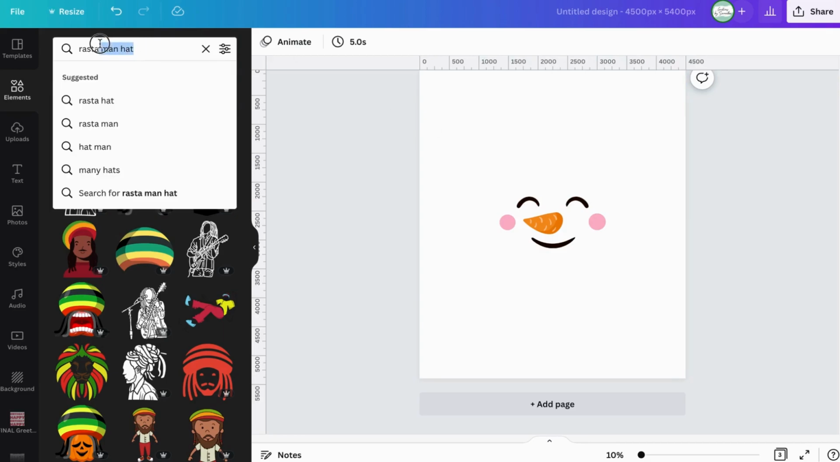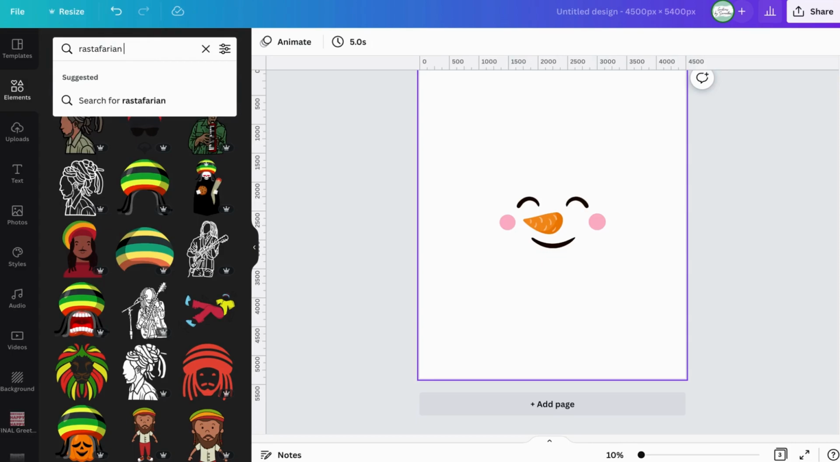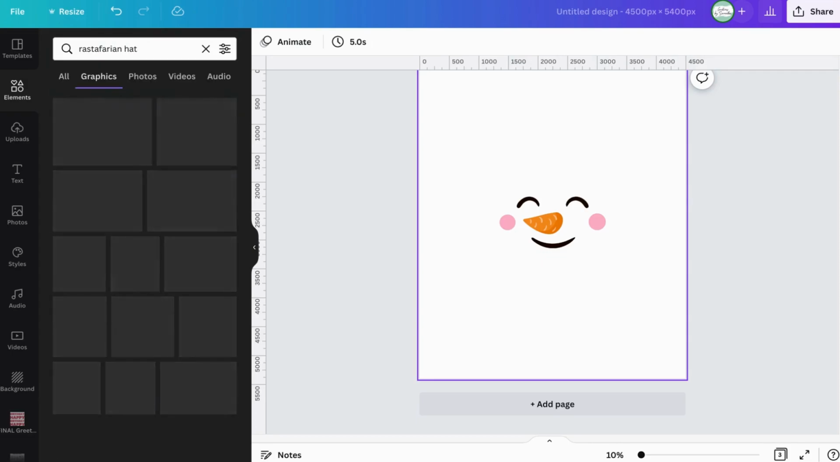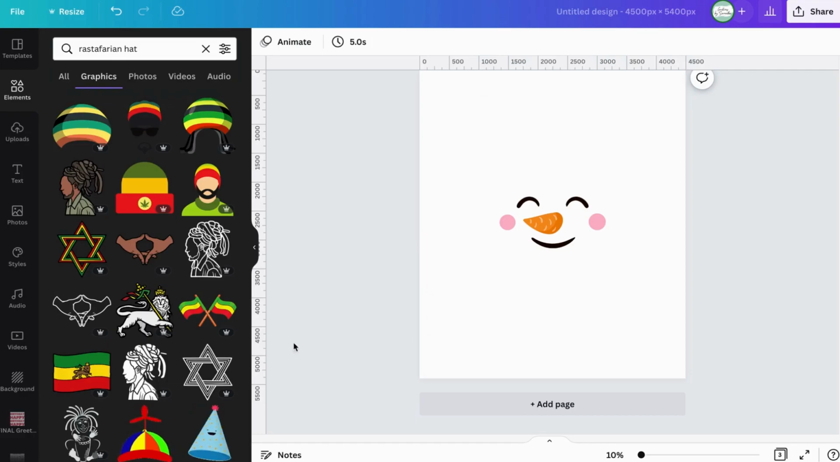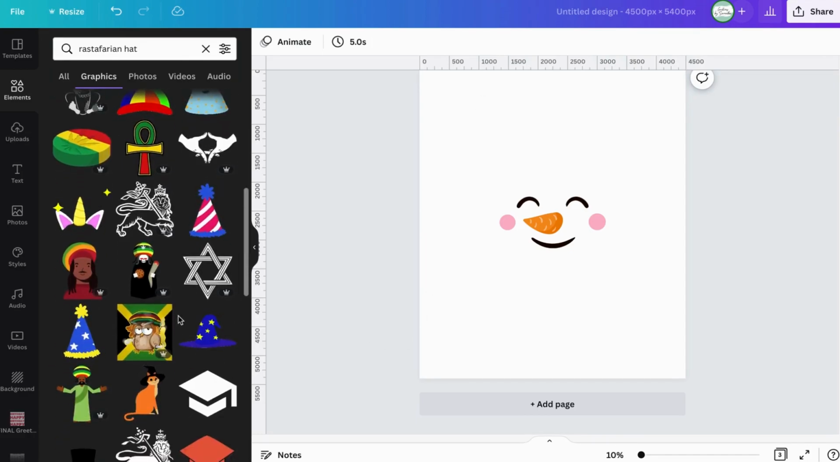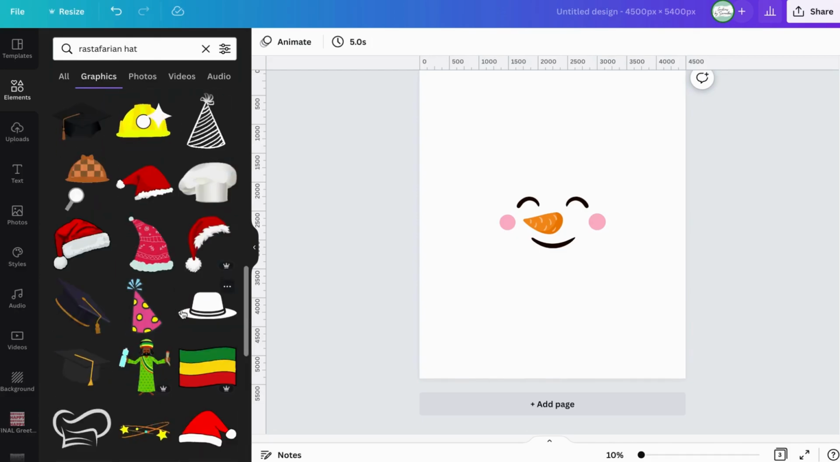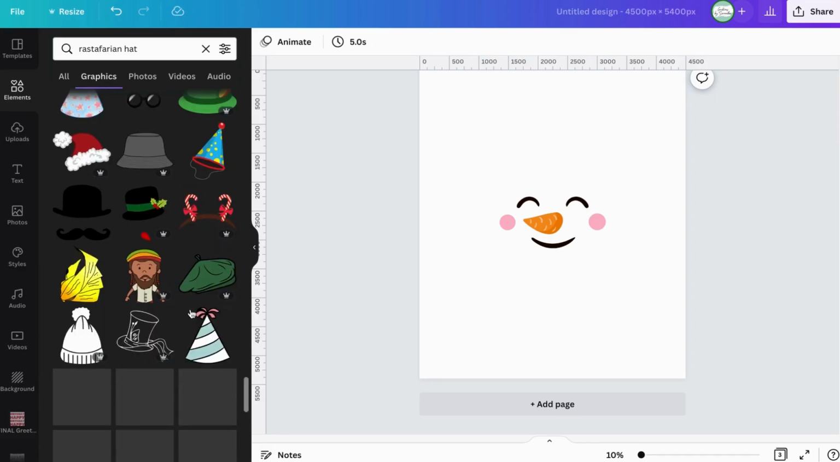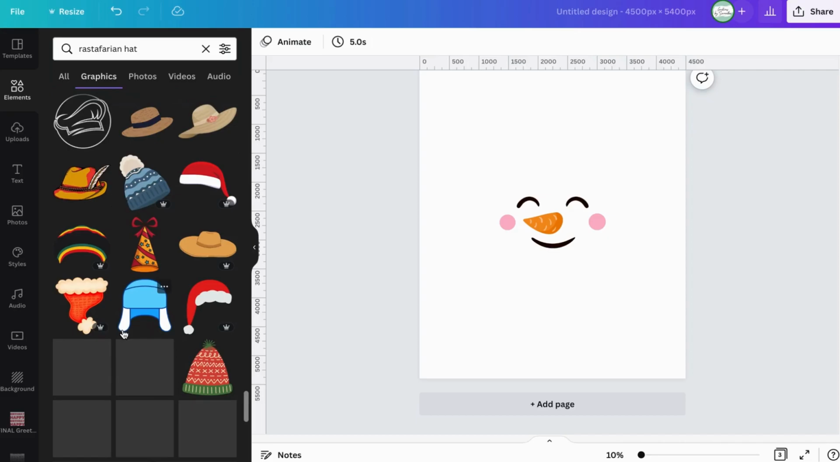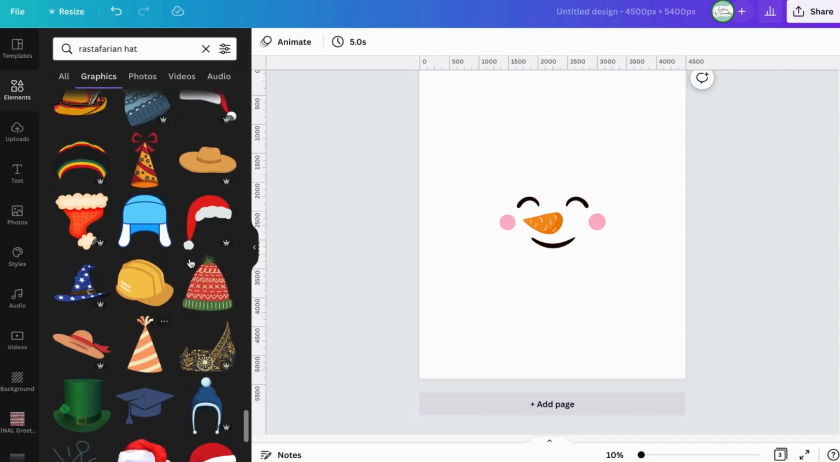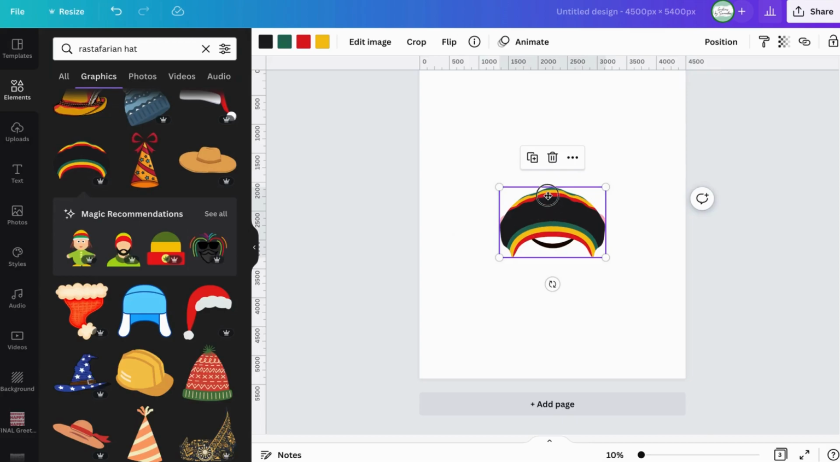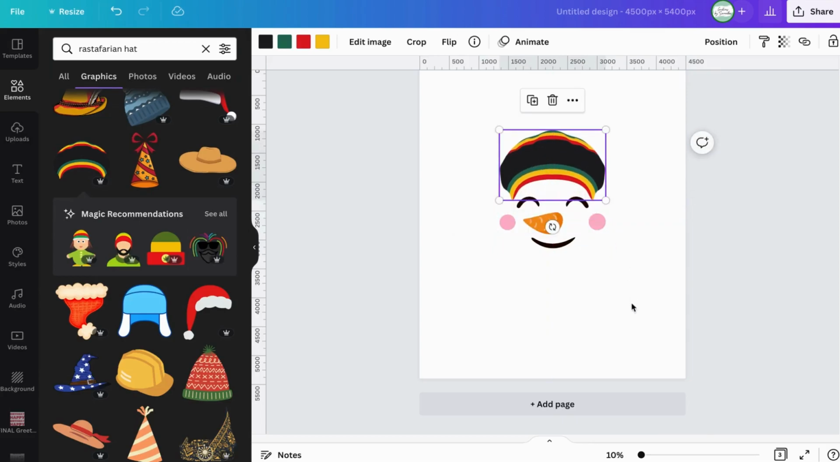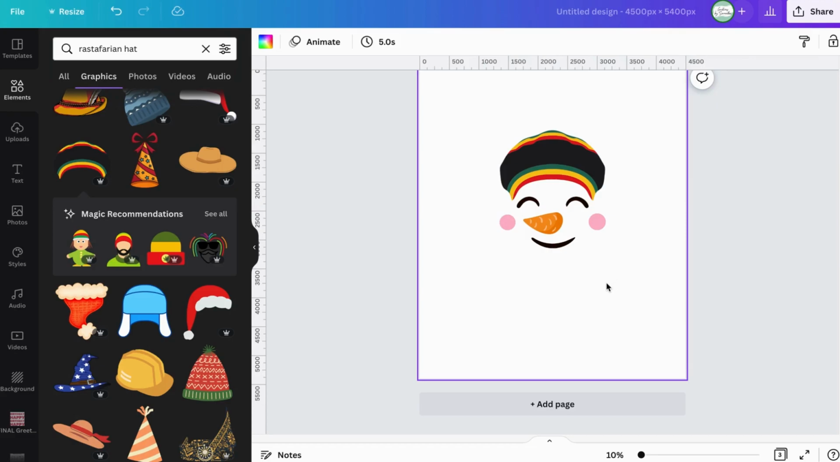Let's type in, I don't know if I spelled that right. Yep, Rastafarian hat. Okay, here we go. This one looks good. Yeah, what? Look at this. This one's funny. I think what I would do is I'd take away the